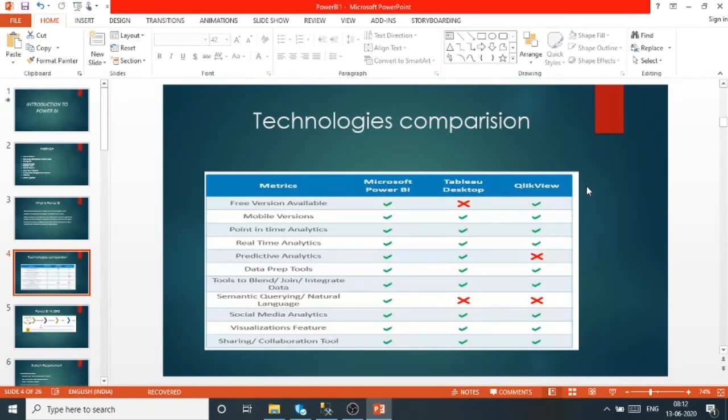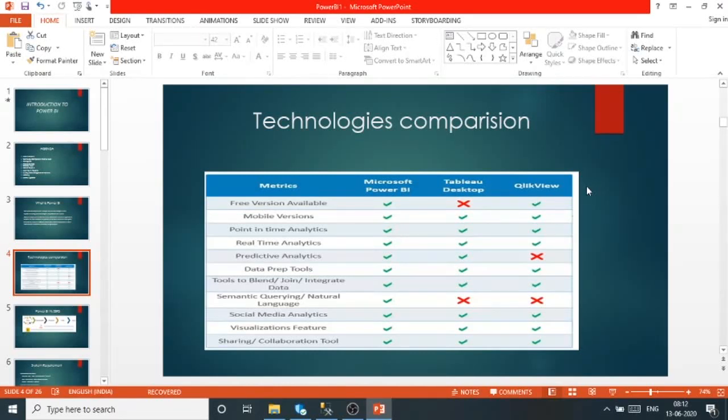In the market, there are a lot of tools available for visualization and reporting purposes, but the most frequently used and most powerful are three: Power BI, Tableau, and QlikView. If we talk about the different metrics, we can find the properties of Power BI, Tableau, and QlikView. So we have to analyze the different metrics.